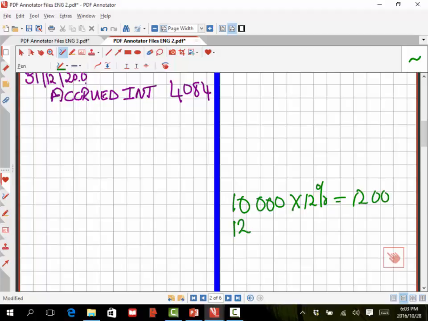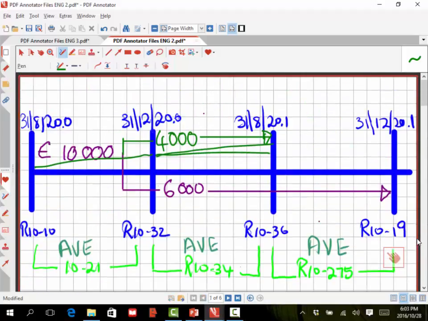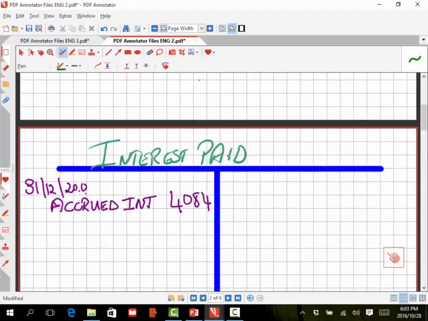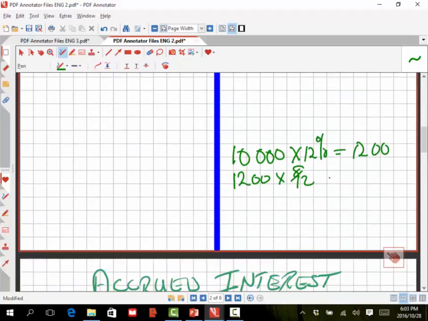Now that 1,200 euros times 8 over 12 gives us the interest for only this period to be paid,